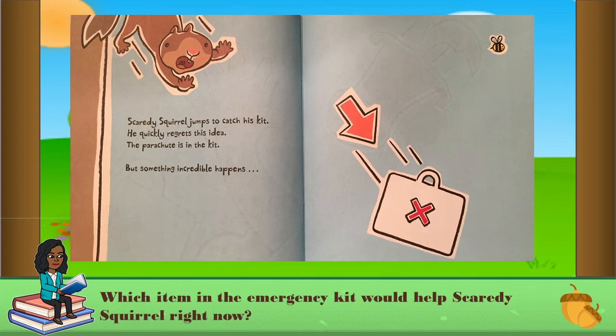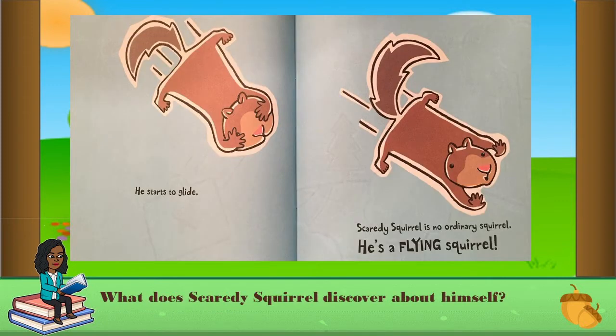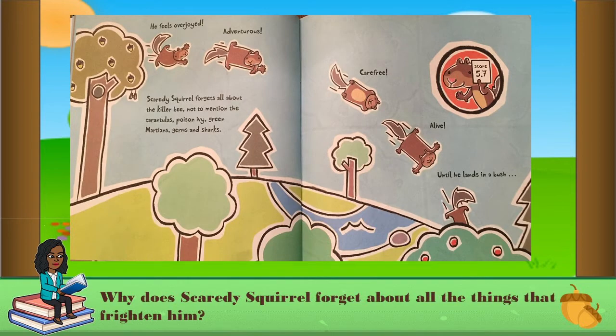The parachute is in the kit, but something incredible happens. He starts to glide. Scaredy Squirrel is no ordinary squirrel. He's a flying squirrel. Scaredy Squirrel forgets all about the killer bee, not to mention the tarantulas, poison ivy, green Martians, germs, and sharks. He feels overjoyed, adventurous, carefree, alive, until he lands in a bush